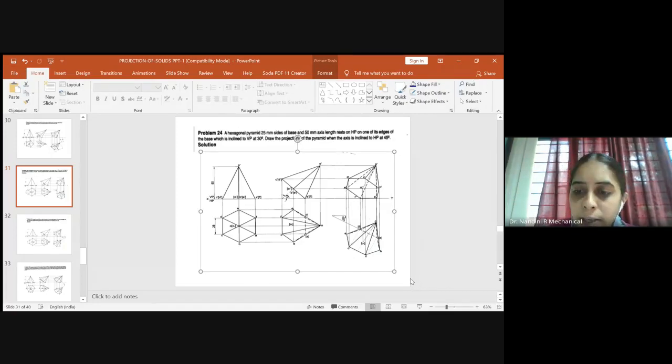You can just draw a perpendicular line from this 30-degree line. After that, you will measure from the midpoint to the center. What is the distance using the compass? Please measure the distance, come back to this midpoint and just cut an arc on the perpendicular line you have drawn, so that we will get our center O1.